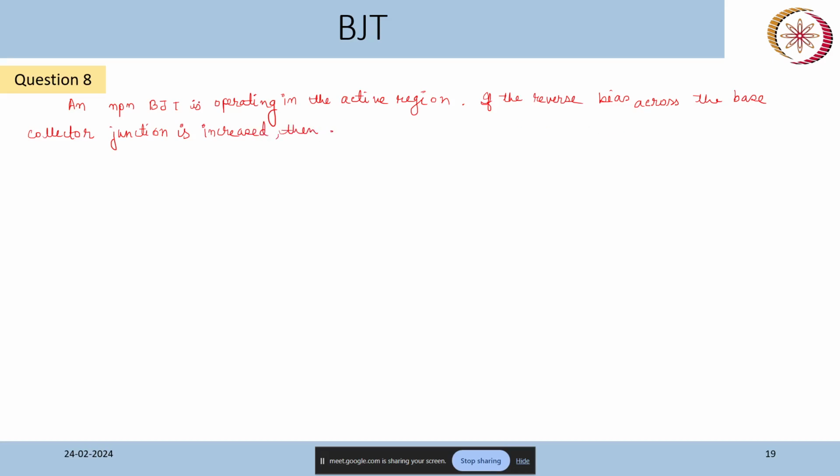If the reverse bias voltage across the base collector junction is increased, then what will happen? Option A,